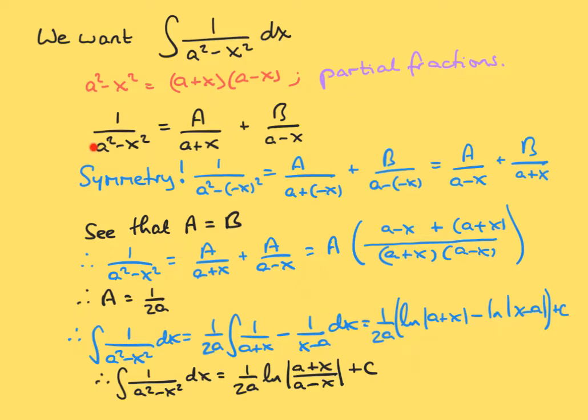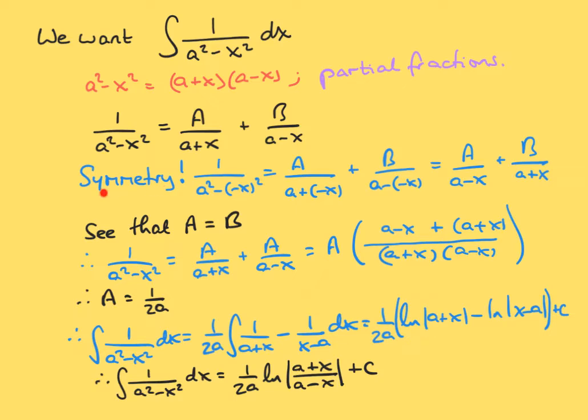So 1 over a squared minus x squared is a proper rational function. We have a polynomial on the bottom of a higher degree than the polynomial in the numerator. Admittedly, it's a monomial, but a monomial is a type of polynomial. And we write this as a constant over a plus x plus a constant over a minus x, the two linear factors. Now, we could solve this to find A and B, but I would claim that the simplest way